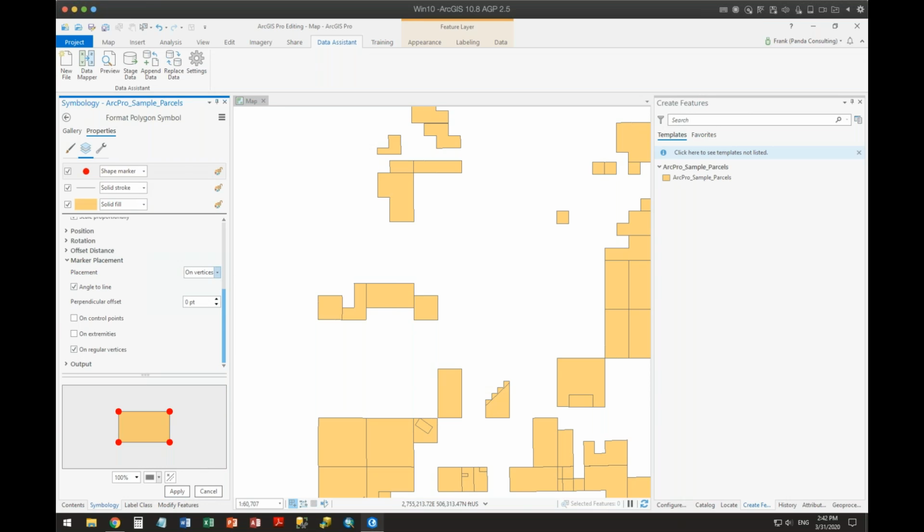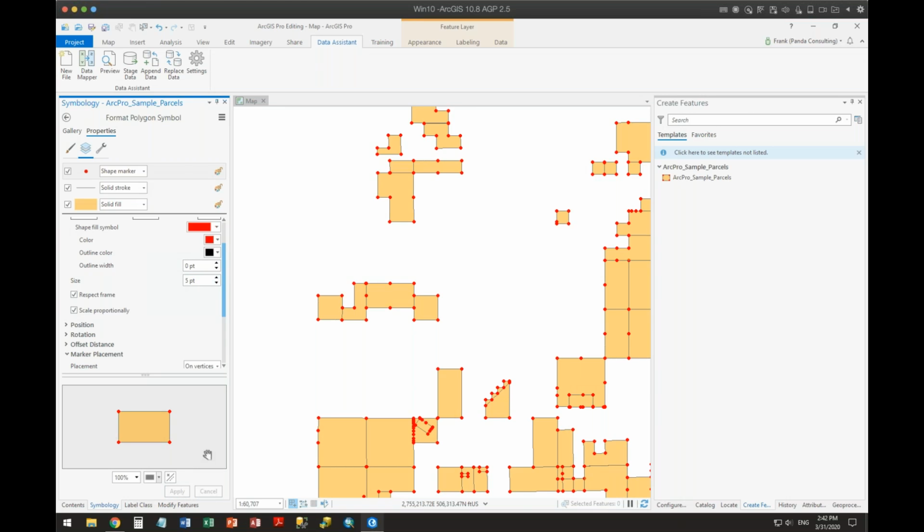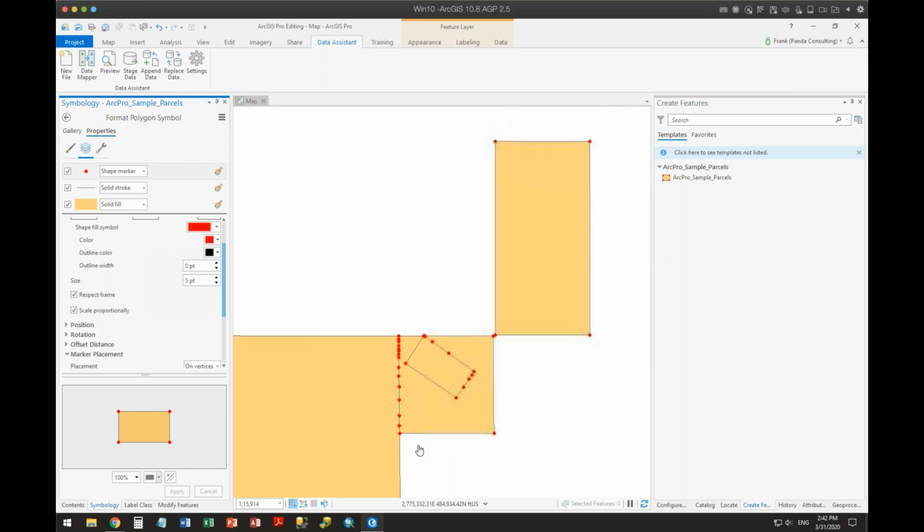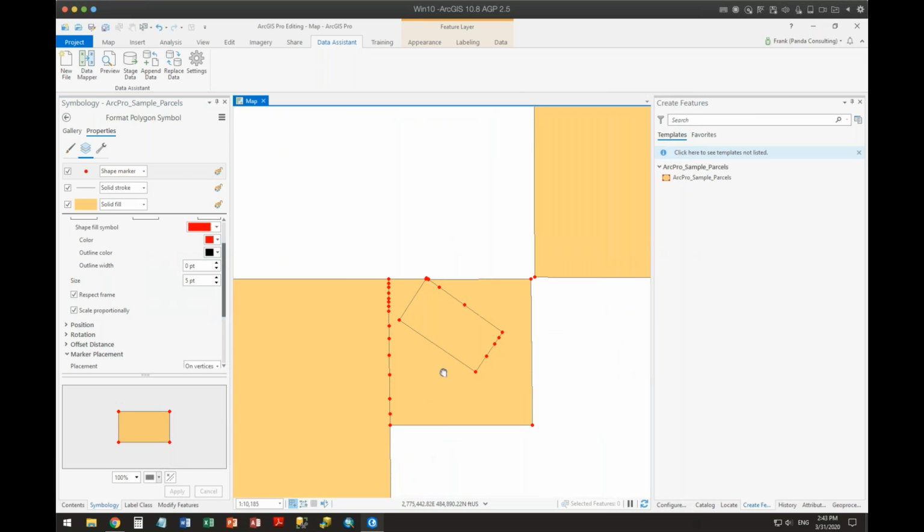All right, let me go back here. This is still 10. And I can click there. And it now will show me every single vertex on the perimeter of that polygon. So I can see, oh, look at this.